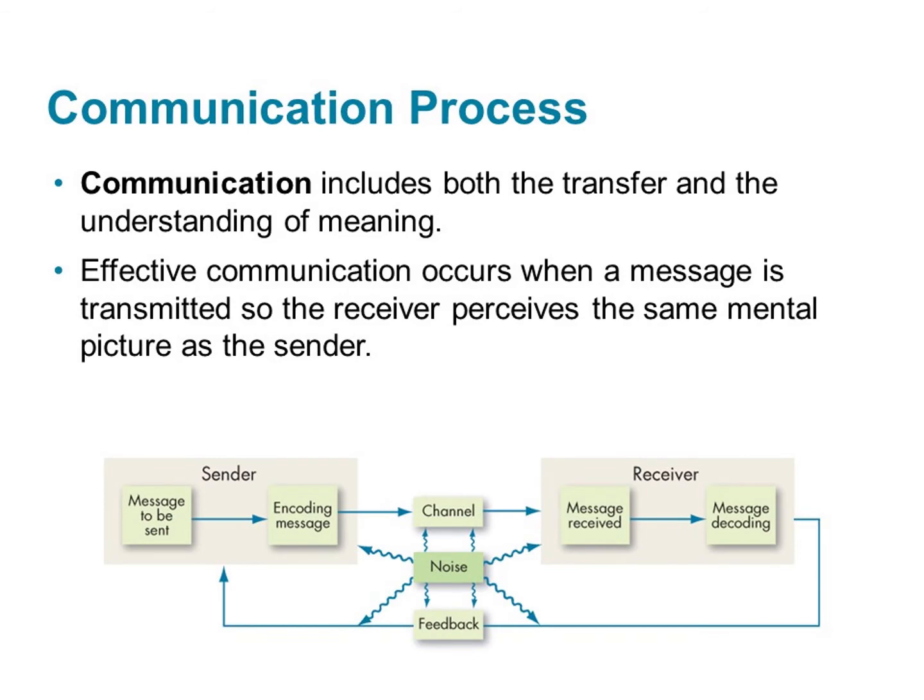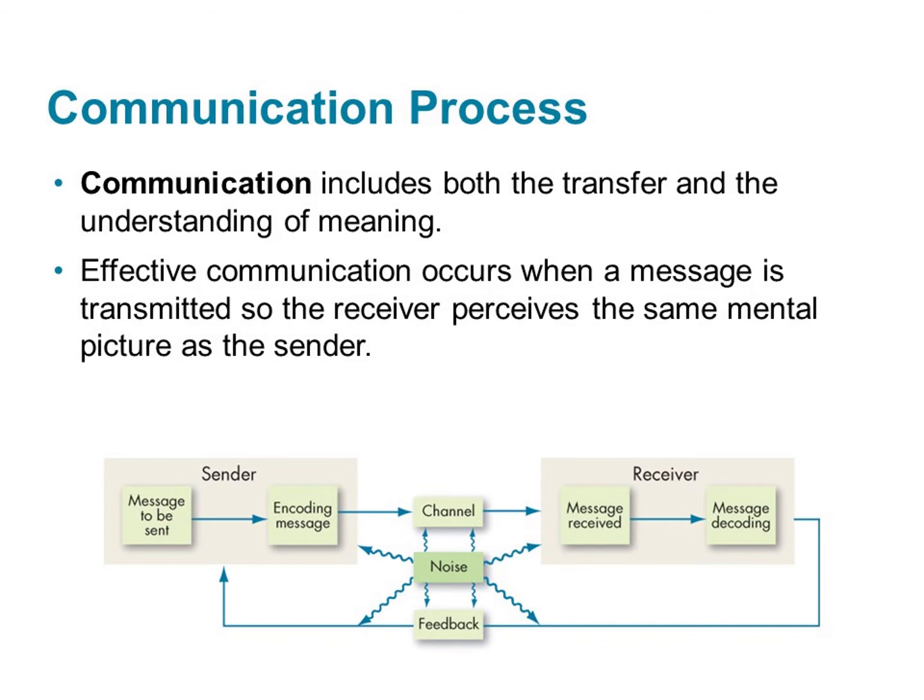As shown here in this image, the communication process is made up of several different parts. First, the sender has a message to send and encodes their thoughts to prepare the message. It will be sent through what we call a communication channel, like face-to-face conversation or email. Once the receiver gets the message, they decode it and translate what they see and hear into an understandable form. They may begin to formulate their own message to be sent back as the communication process continues.